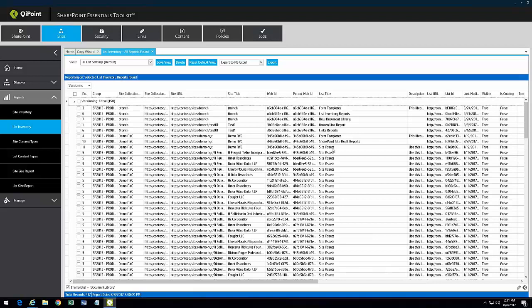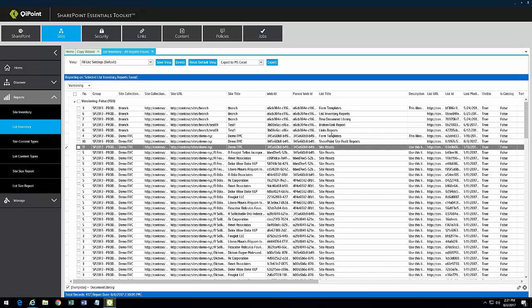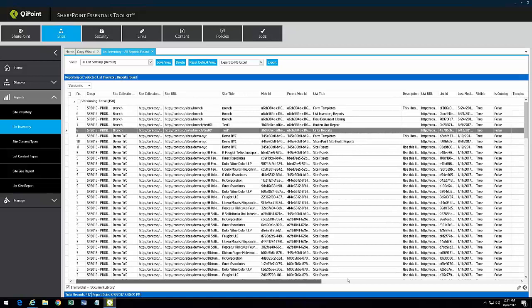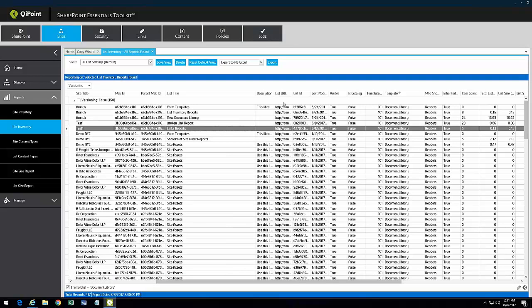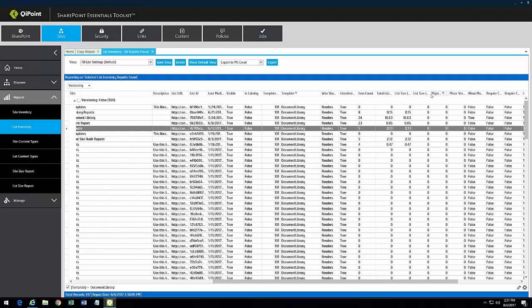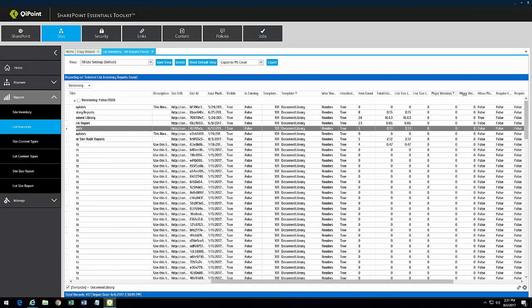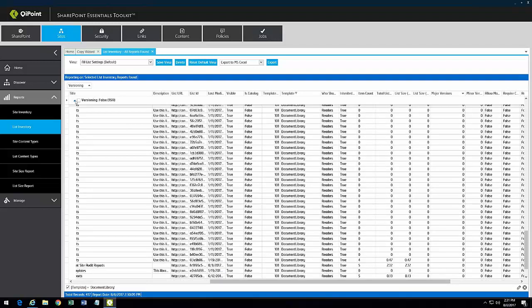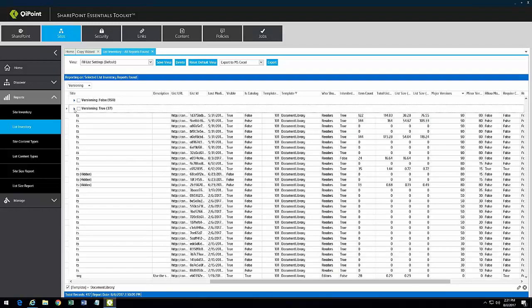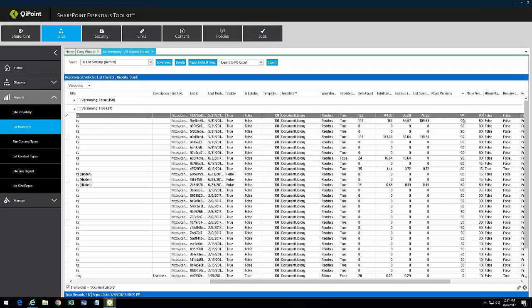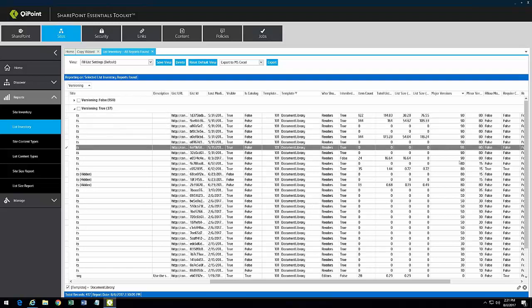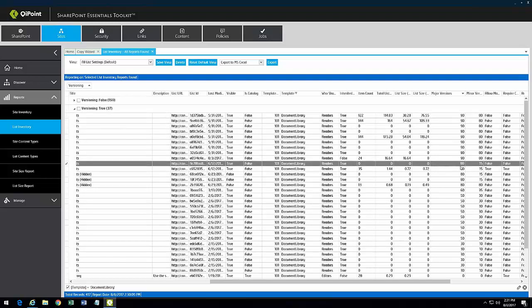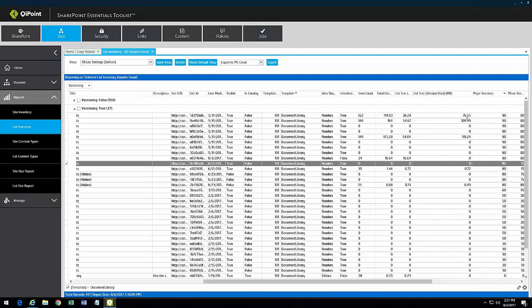I could also see the versioning settings. So if I scroll to the right, there's a lot of information. So you can move things around, hide columns if you want to. So for example, major versions. Oops. Let's see where versioning is turned on. So this one has 90 and 80. So you can see the versioning, the size. There's also size used by versioning data